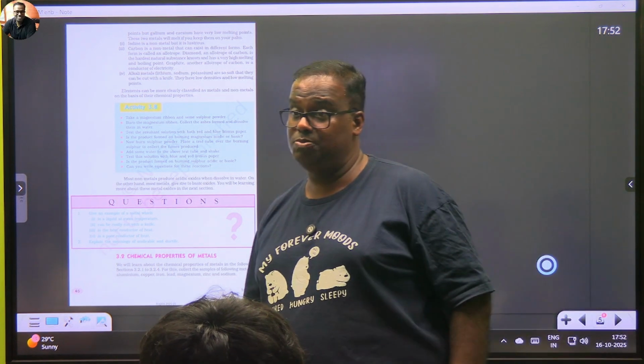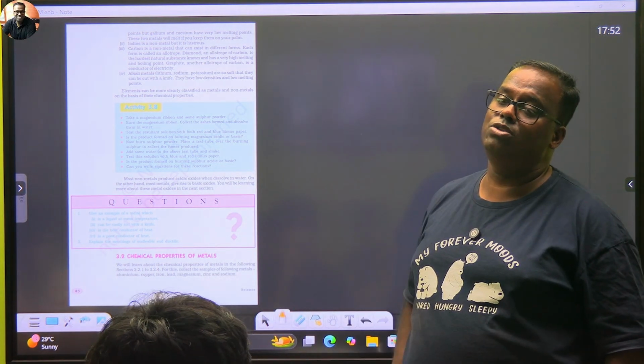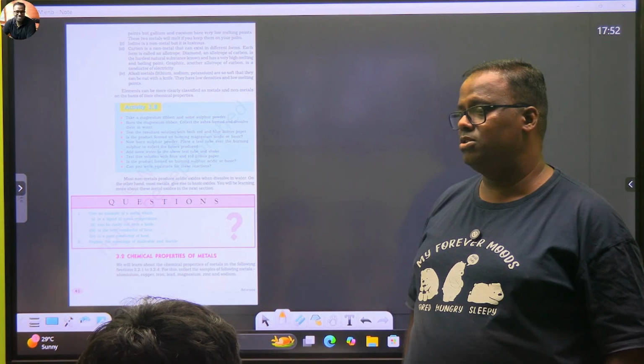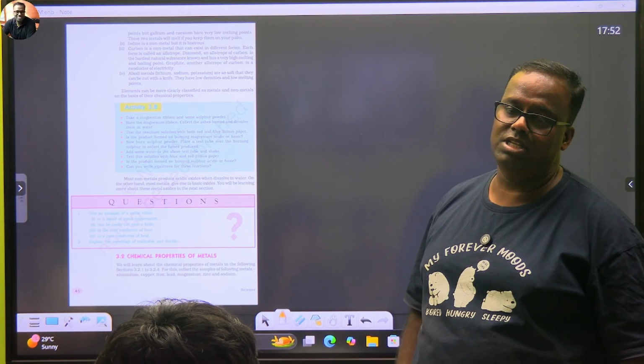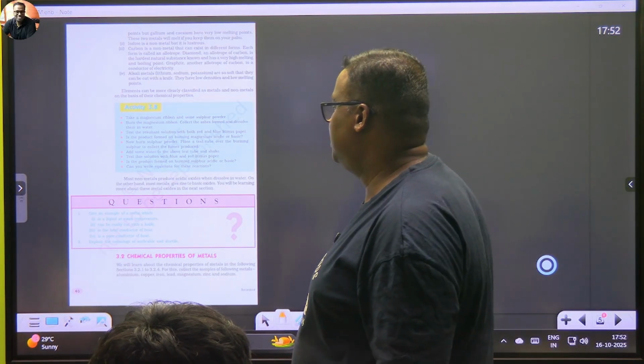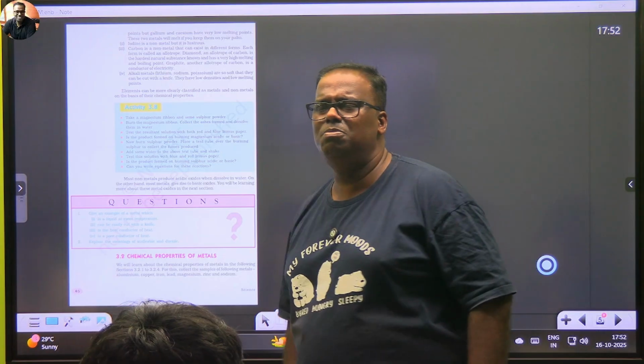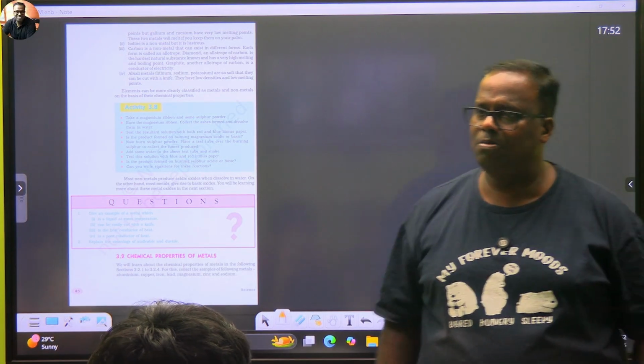ये देखो, ये थोड़ा पेचीदा question था. Lead is always used for two things. Lead can absorb all sorts of radioactive emissions also. That's why radioactive elements are kept inside lead boxes. ठीक है? Next, a metal which is a poor conductor of heat. Okay, we have done that. Explain the meanings of the words malleable and ductile. I think you know what malleable and ductile are.